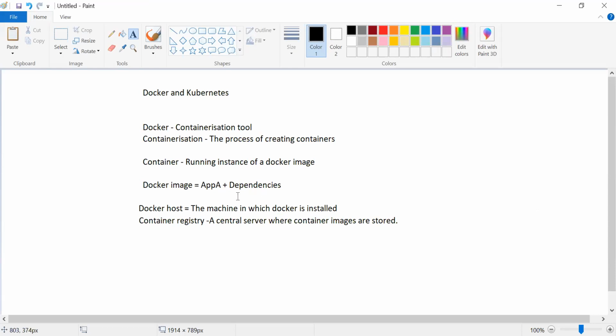Like that, the images from which we want to run the containers will be stored in some central server called container registries. So in a container registry, what will be stored? Container images are stored. Images are also nothing but,